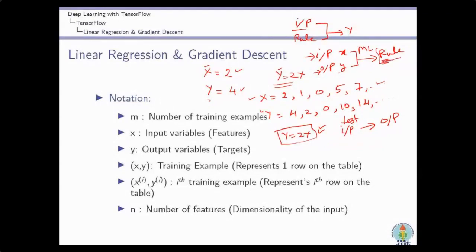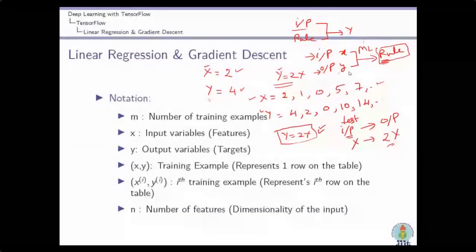Once we are able to find the rule, we will be able to test a particular input value. You give any input value and it will give you the corresponding output, which will be 2x in this particular example. So our purpose is how to find such rules. This is done using a deep neural architecture which we have designed, which extracts features automatically and tries to find the relationship between these two. We do this using a particular algorithm, the gradient descent algorithm.